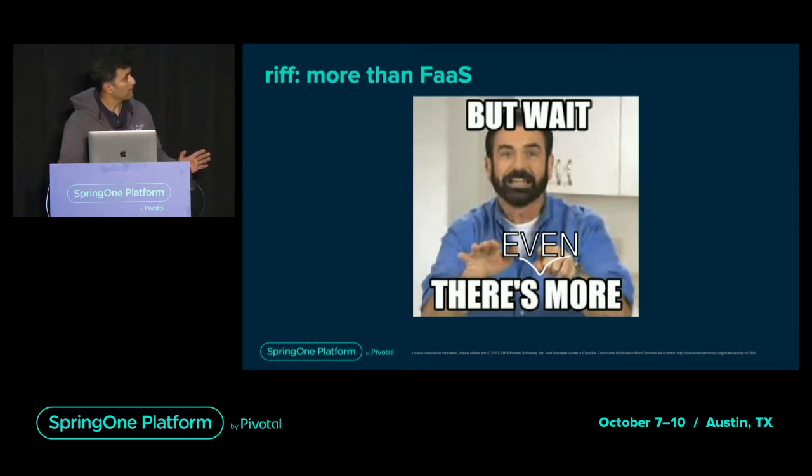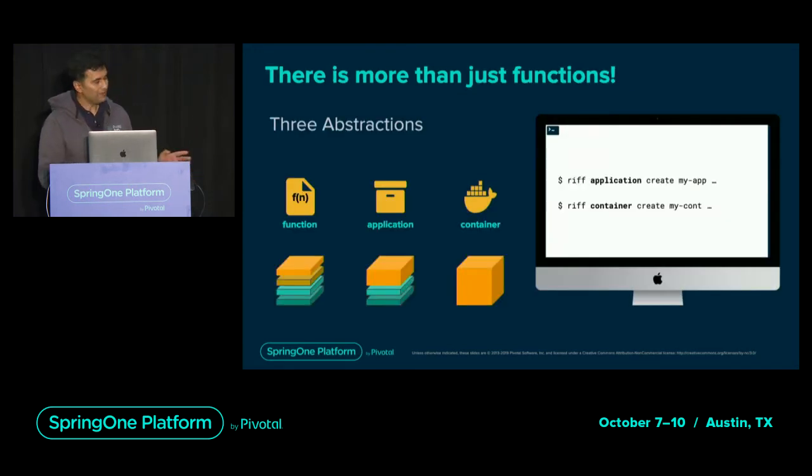So that's actually not all. There's even more. What we saw was you gave us a function, and then what we ended up doing was contribute the invoker layer as well as the underlying operating system layers to build the image. But what we really were running is an image. So in addition to giving us a function, you can also give us an application wherein you are giving us the invoker layer as well. And why stop at that? Since we are building a container anyway, you can give us a container and we'll happily run it for you.